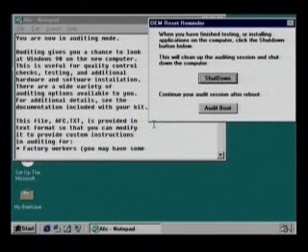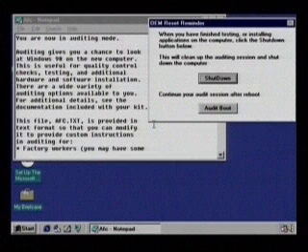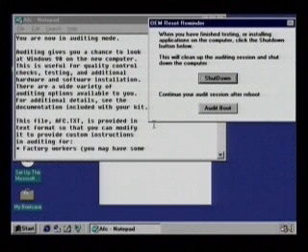Non-restorative audit mode is indicated by the audit mode text file you see, and also the OEM reset reminder that you can see